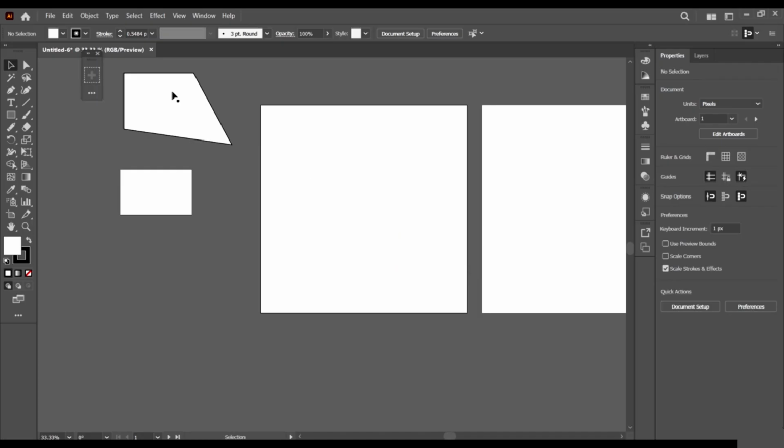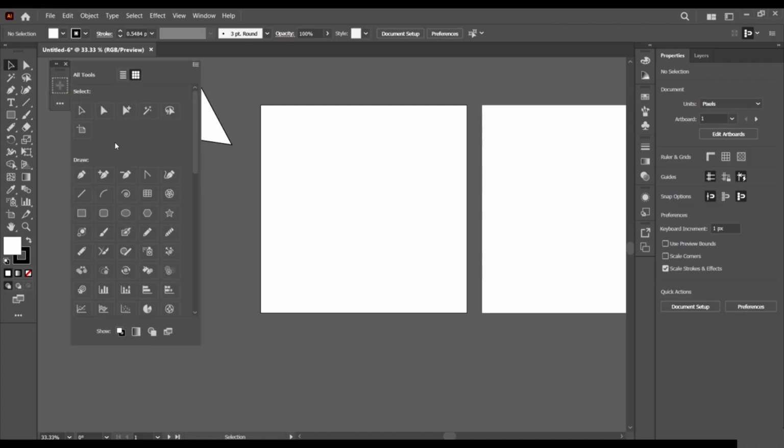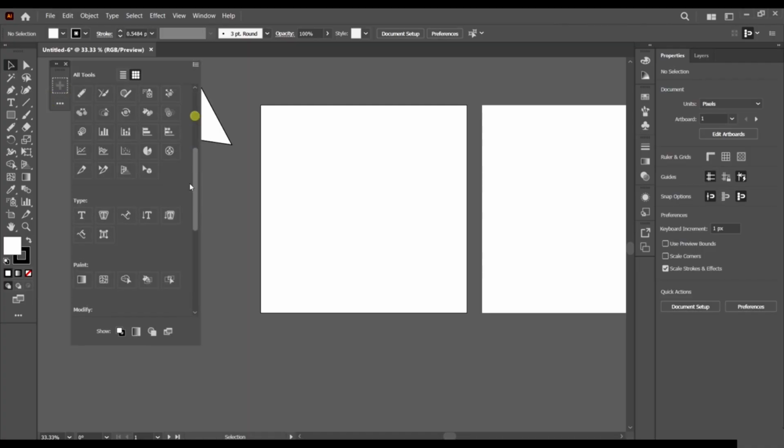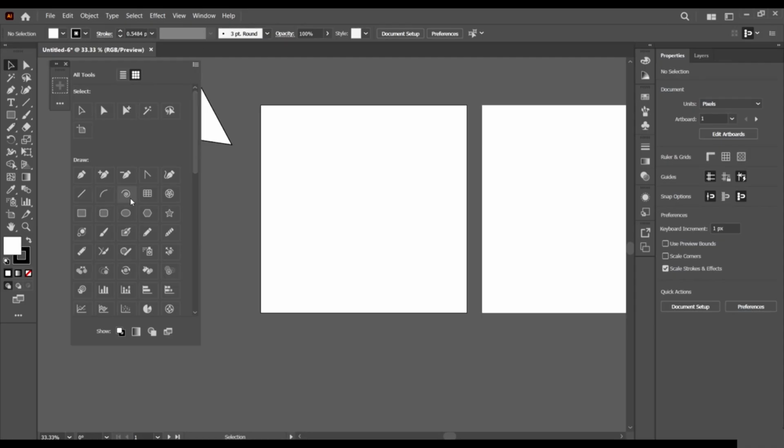And then okay, now we have our new toolbar here. Now we can add tools to our toolbar. Let's assume we are drawing, and we have specific tools which we want to use. So let's say we have this guy, we just drag it here. You can see that now it's grayed out.